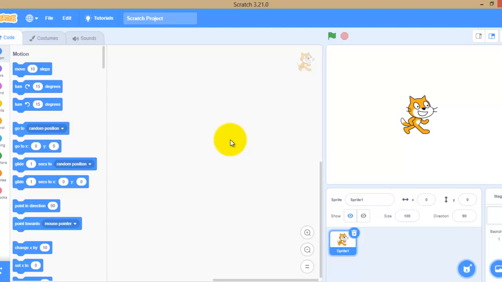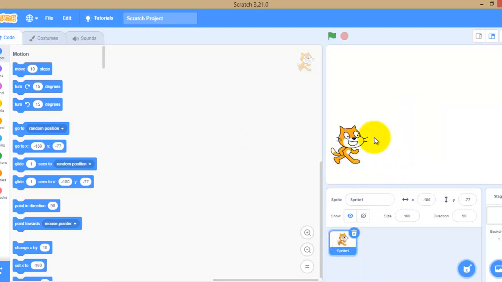Now let's start our project. I have already told you the sprite or the character or the actor is going to perform on the stage, and we are going to write the script for it. Select the character first, and after that, before adding any code from the code block palette to this block area or code area,